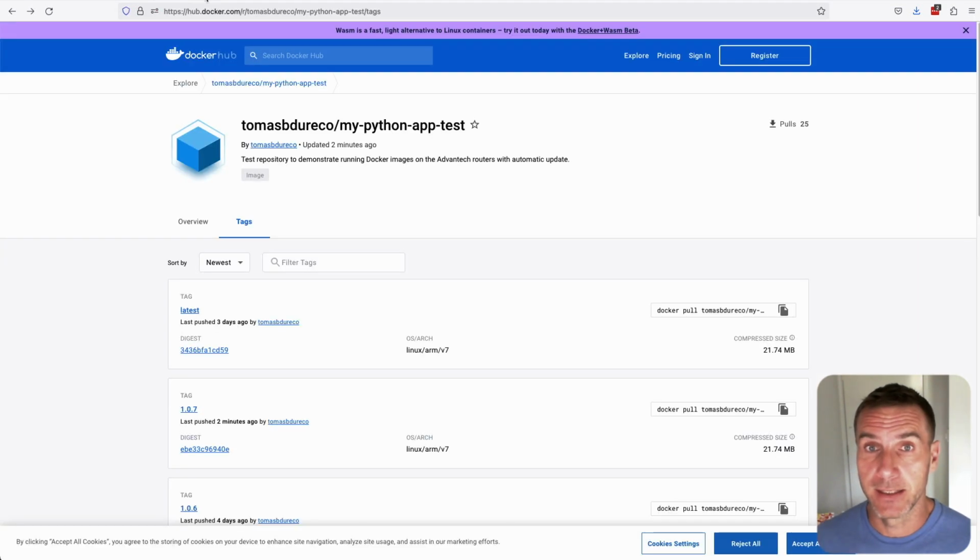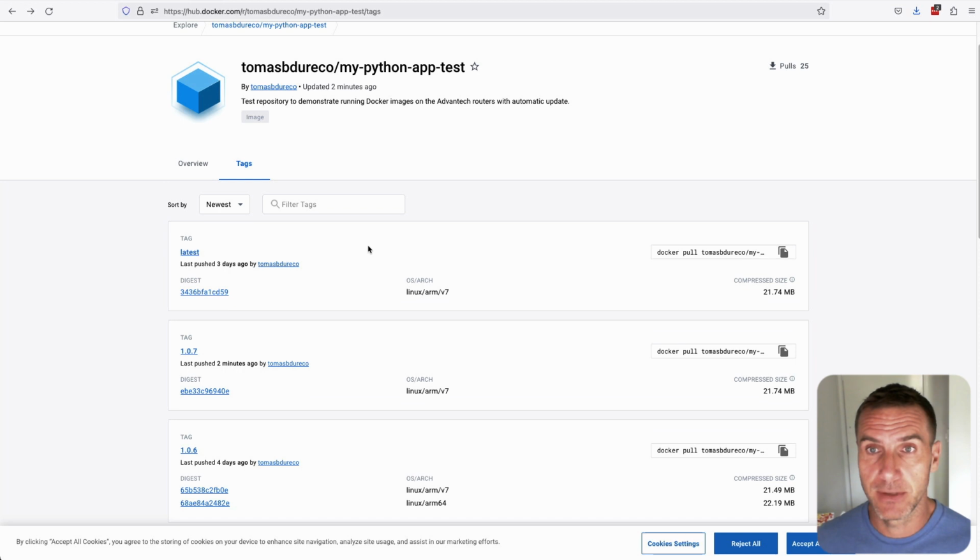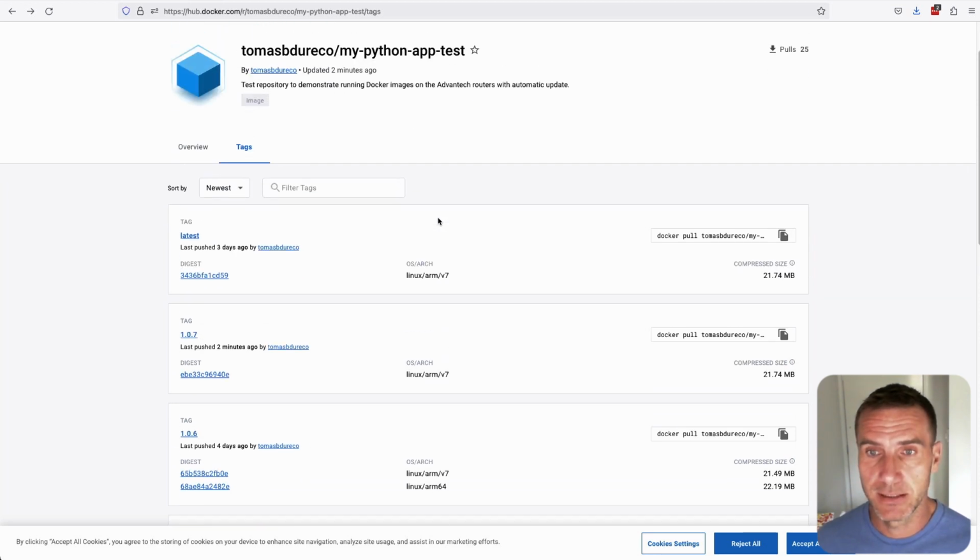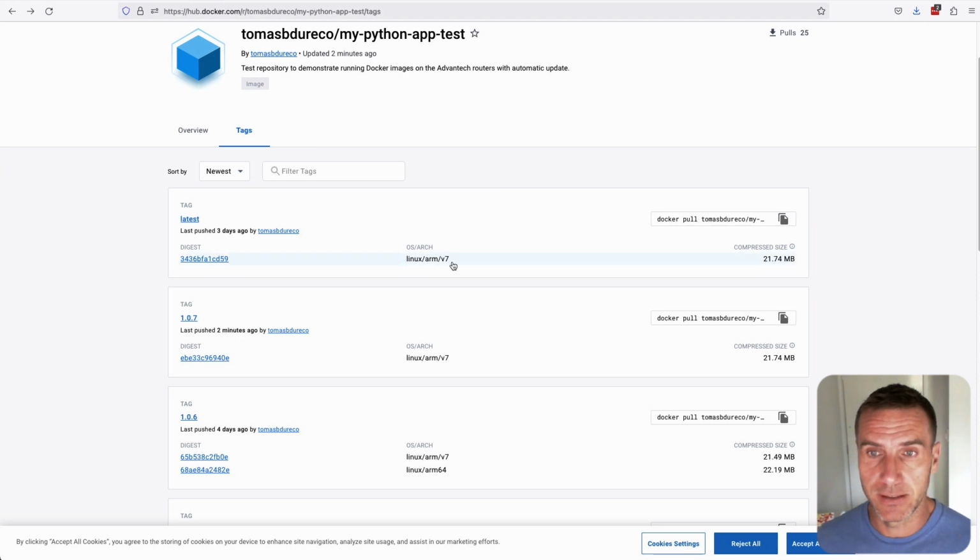It's my Python test application, very simple, and we are building it for a platform ARM v7. So let's have a look how we gonna automate the